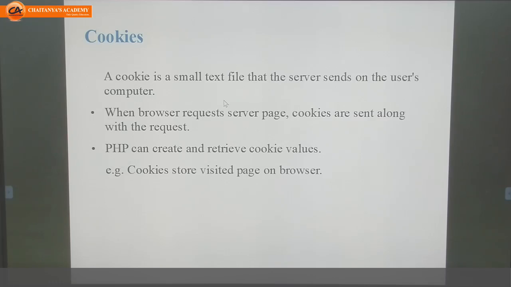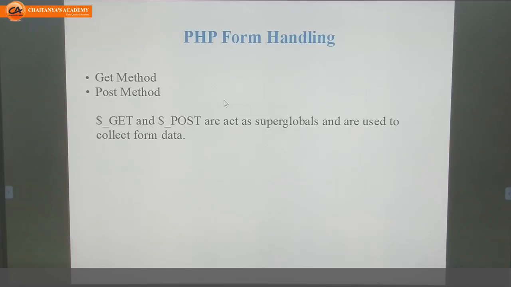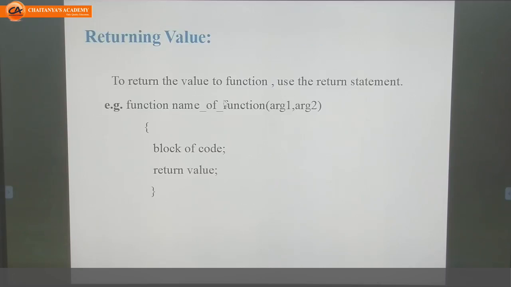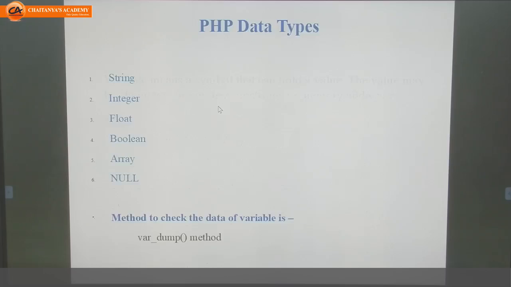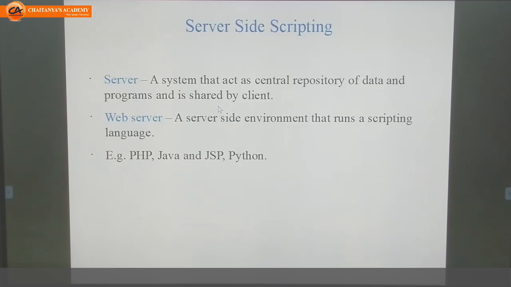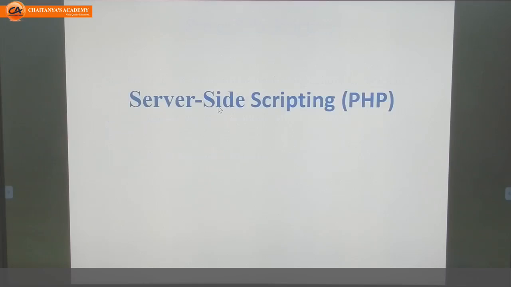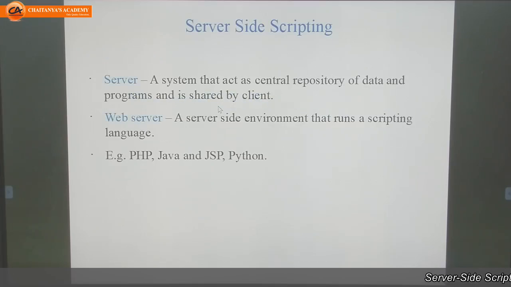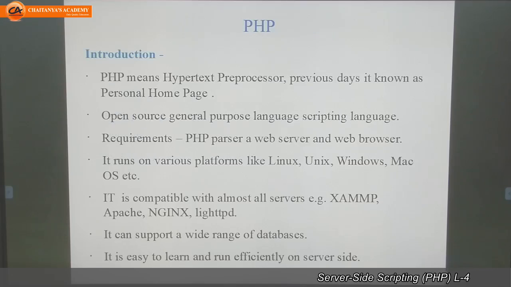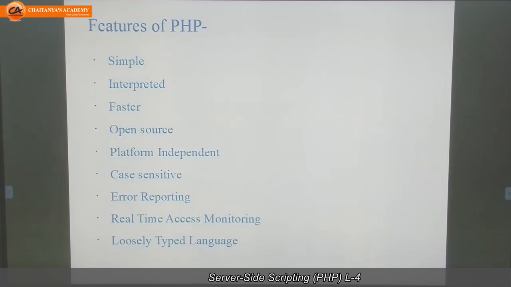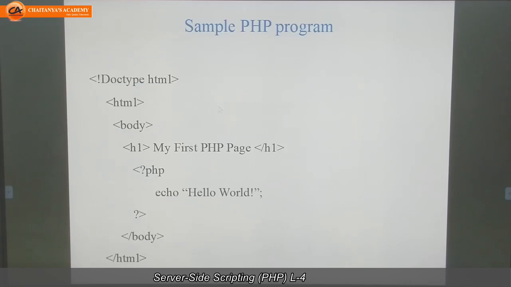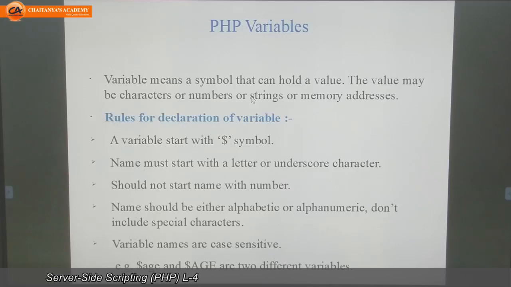So guys, this is all about server side scripting. In that, what have you seen? Server side scripting introduction. What is meant by server? What is meant by web server? What is meant by PHP? Features of PHP, and a sample program.